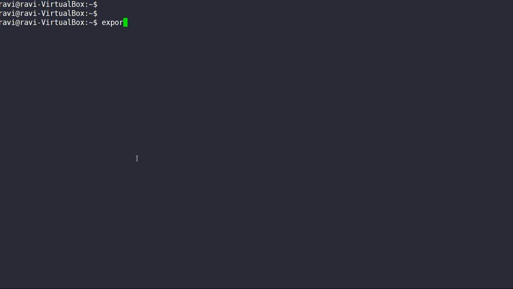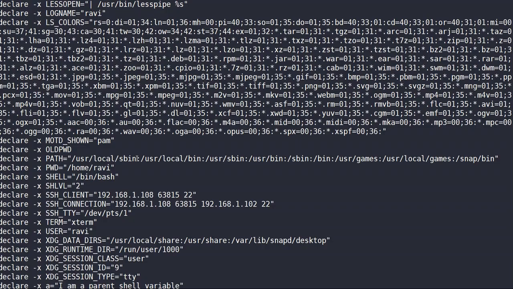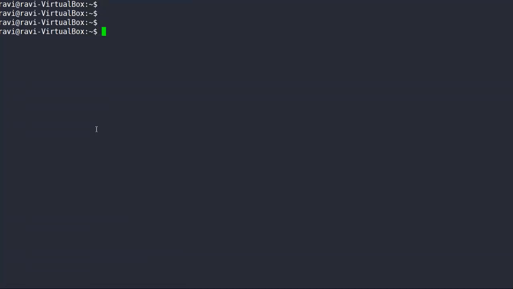And if you want to see what variables will be passed from parent to child, you can use the export -p command. In our case, a is defined, so a will be passed because we have added it into export -p by using the export command. So I hope now the difference between the export and source command is clear to you.